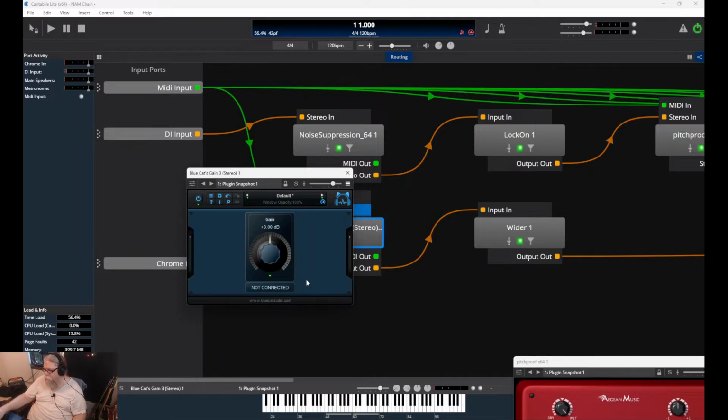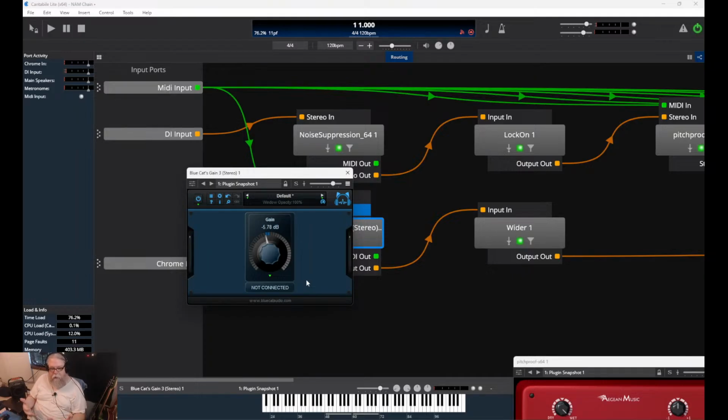So if I go over to my control panel here and move that slider, which is exactly the same as what would be the expression pedal, you notice how the moment it received that input, it links these two. Now as I'm going up and down, you notice it's being controlled that way.